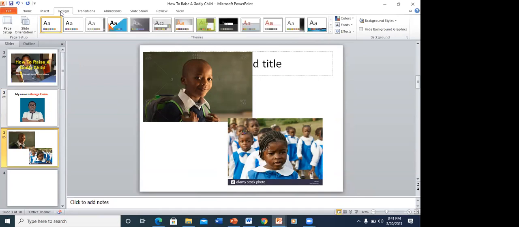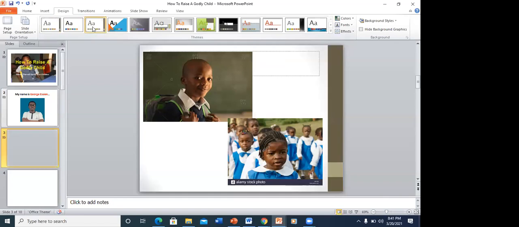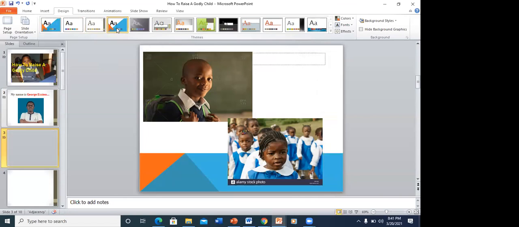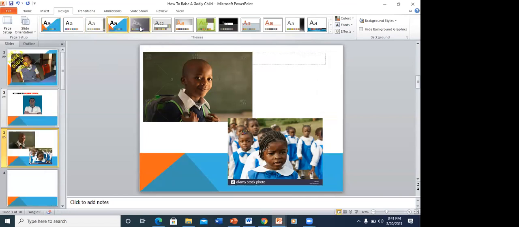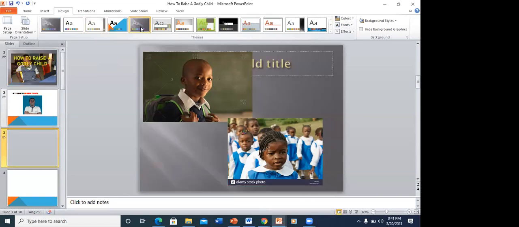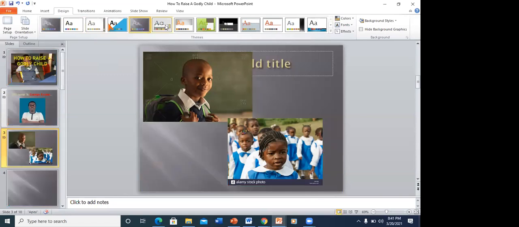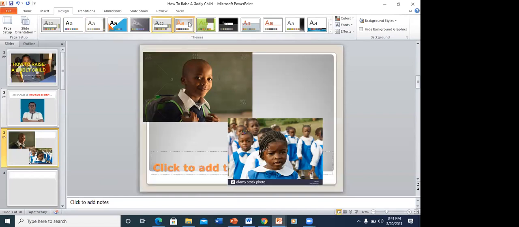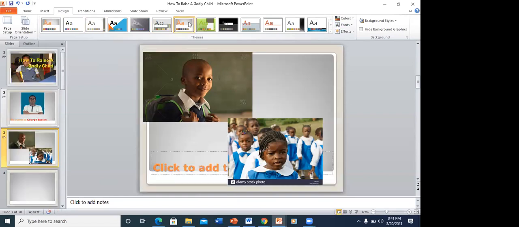So you click on Design, you see all of these. If I click on any of them, let me show you. If I click this white, let's click on this. The whole template will change. See that, it will change. That, it will change. So you can work on any of those themes.